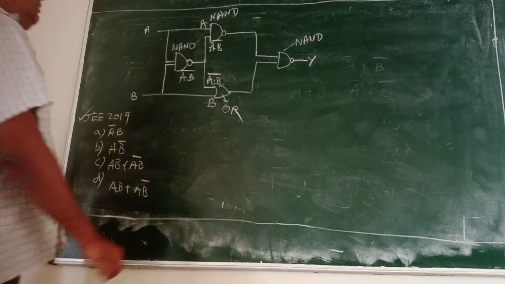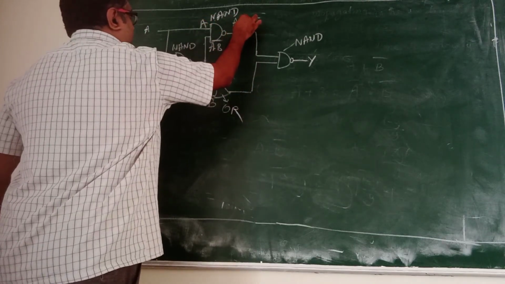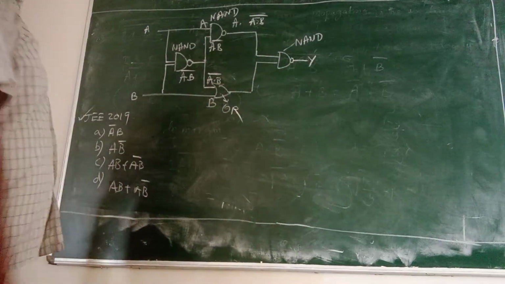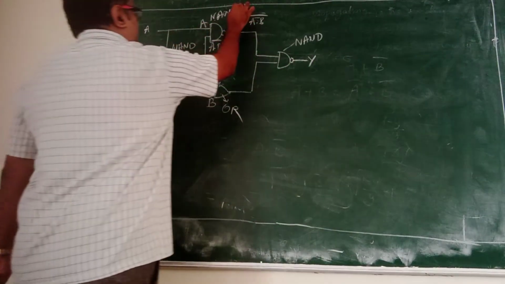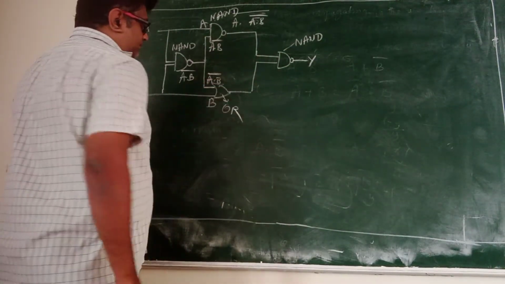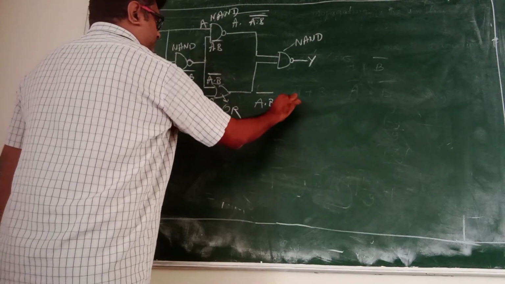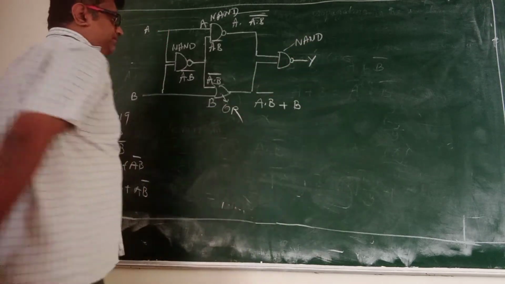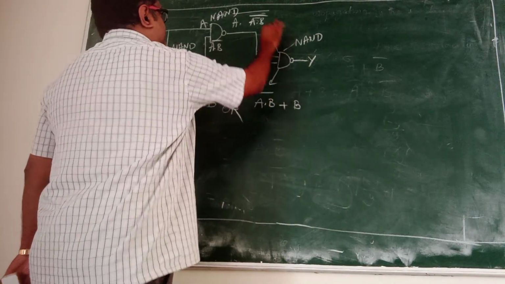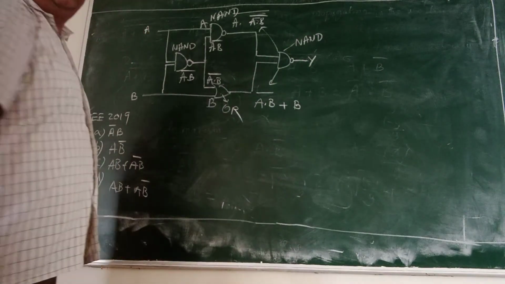Alright. Now it is passing through a NAND gate, means first you write what is an AND gate. AND gate will be A dot B bar on top of A dot B, but because this is a NAND gate, whole bar will come, right? And here what will come? This is a OR gate, so you will get A dot B plus B. This is what you will get as the second signal here. So this is the second signal here, this is the first signal here, and finally it is passing through a NAND gate. So what are you going to get?